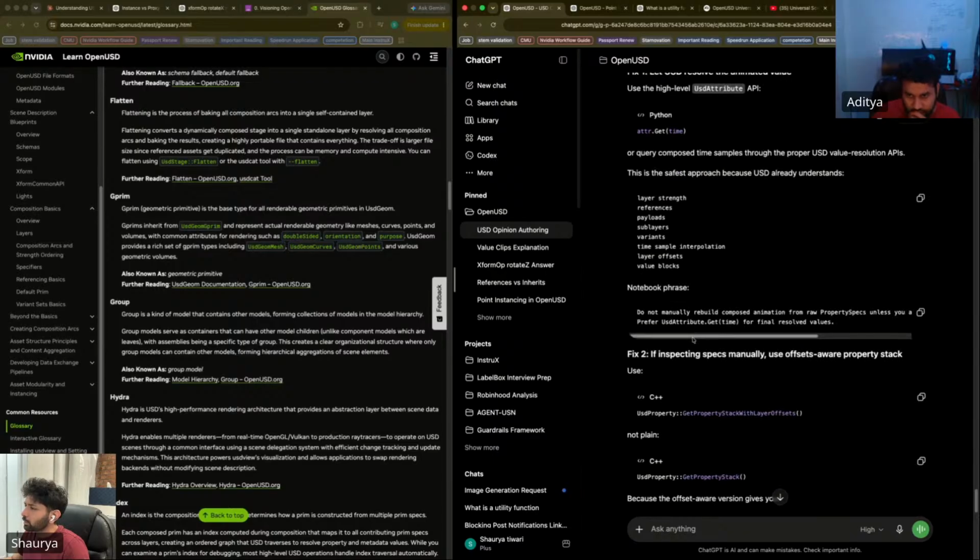So do not manually rebuild composed animation from raw property specs unless you also handle composition time mapping. Prefer attribute.Get(time) for final resolved values. I see. If inspecting specs manually, use the offset-aware property stack. Use USD property stack with layer offset.